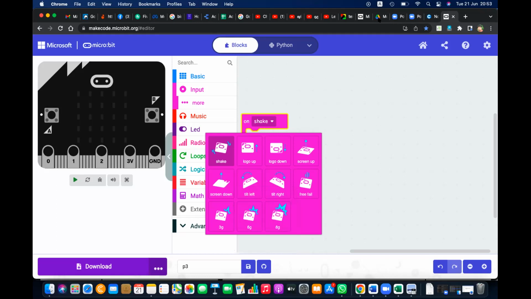Right, okay. If you have some newer mobile phones that have a gyroscope